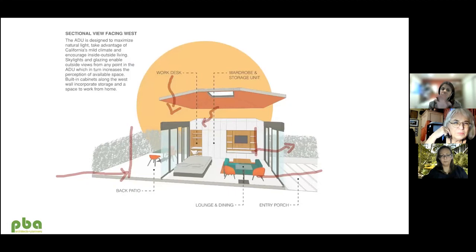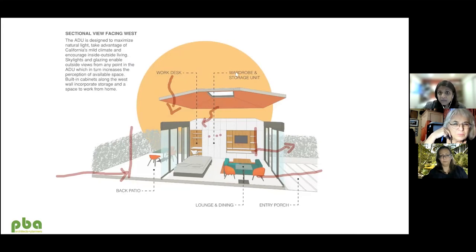And this is the view looking from the other side as an example. So you're standing where the kitchen is, and you're looking at the entertainment unit area, sort of the storage wall, if you will, and a little space where the mother could sit and do paperwork, or it's a little study area. So this was an example.